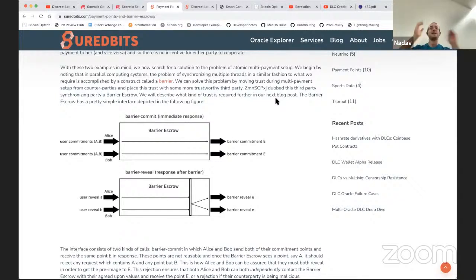And so you can set up as many different consecutive payments as you want for all the different possible outcomes, and you can get fancy with it. And that essentially lets you do DLCs routed over Lightning if you have PTLCs.